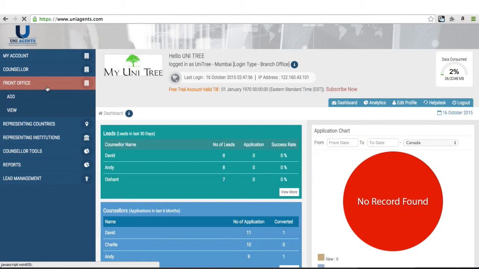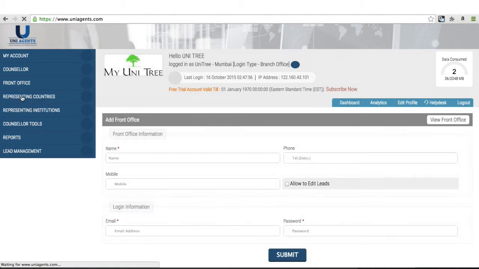So they're more or less like data entry guys, and also the front desk who actually greets a student and is the first point of contact when students come to your agency or your office. So they can actually record the details and then assign them to one of the counselors. It's very easy to add a front office person, simply by clicking on add,